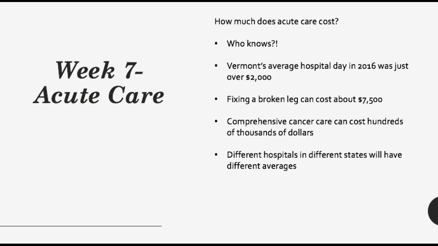Just as an average, Vermont's average hospital day in 2016 was slightly over $2,000. It was about $2,200, which is somewhat similar to New England, but can be very different from other states. In Vermont, in 2016, fixing a broken leg had an average cost of about $7,500. Now, that's fascinating because you might not need to stay overnight in the hospital with a broken leg. So a lot of times